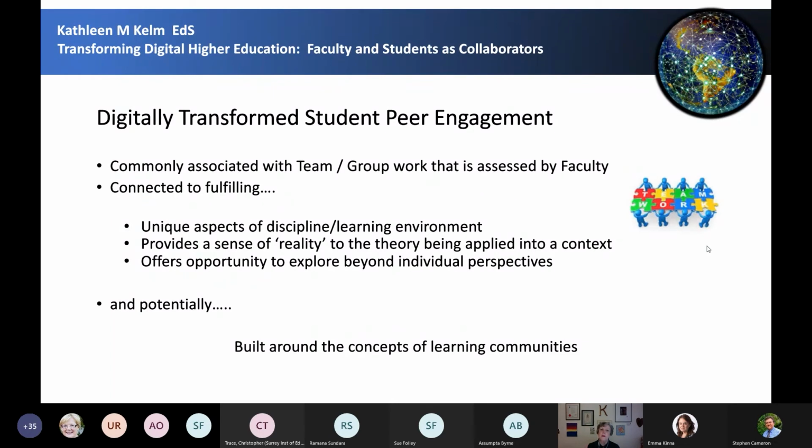So let's talk a little bit more about making use of AI, artificial intelligence, and machine learning, which is another version of AI, particularly focused on decision making. And let's talk a little bit about AI in the classroom as a vehicle by which we can digitally transform student-peer engagement. Students are amazing in how they go out and find tools that will help them work within a digital environment, and also within a digital environment that requires them to engage with one another. In other words, the focus is no longer on the facilitator, the focus is on the actual experience across students.